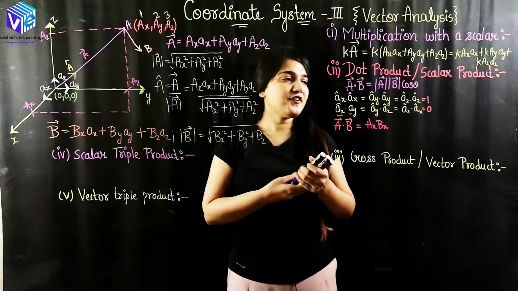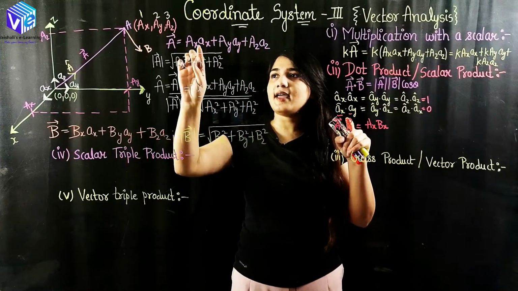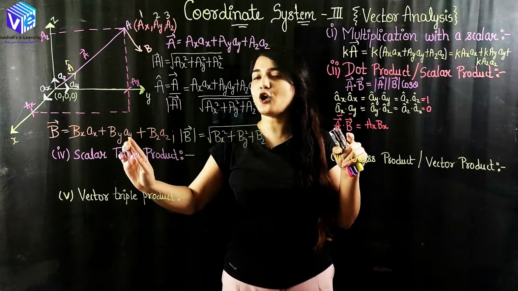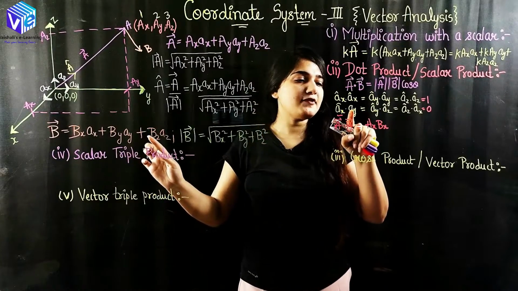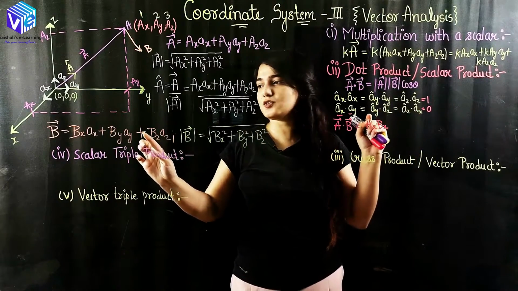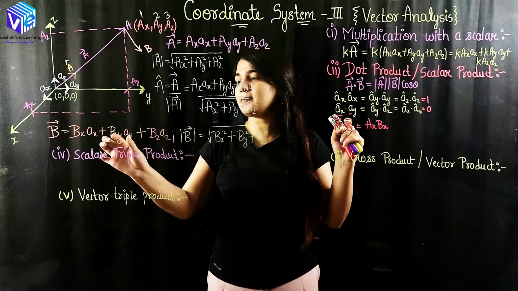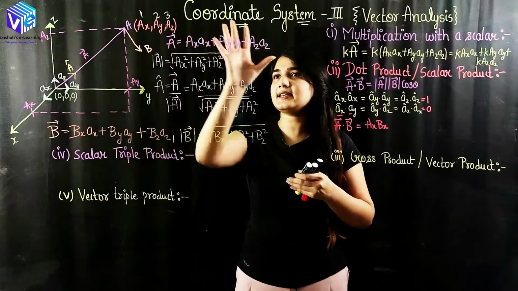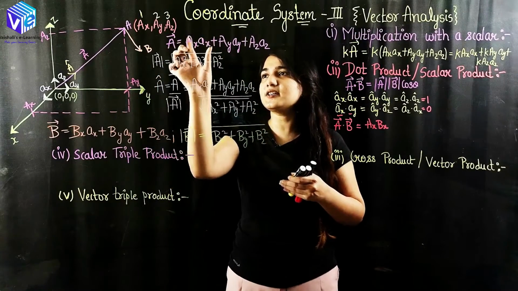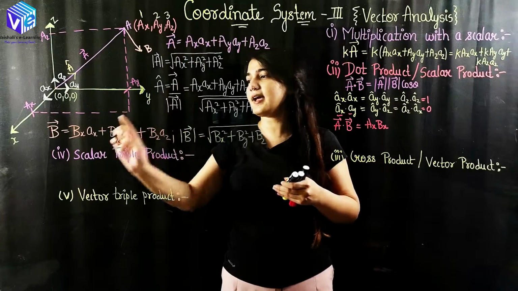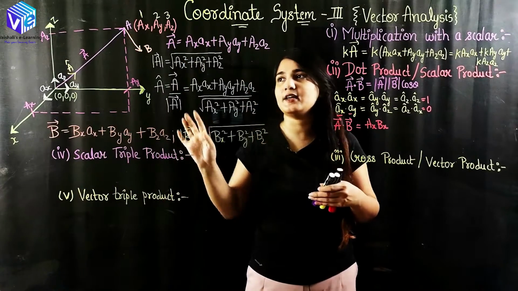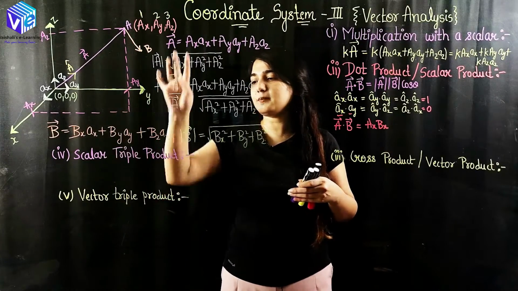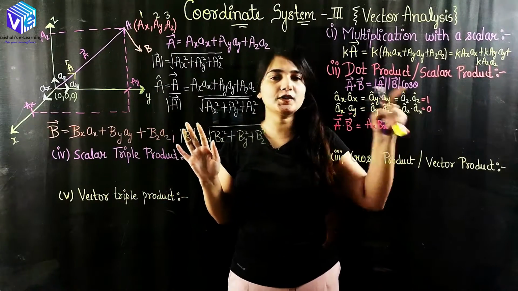Now if I talk about ax multiplied with by, here ax is having the dot product with ay. Ax having dot product with ay is equal to 0. So this multiplied with this will be 0. So if I have to multiply these terms with this term, I just restrict myself to the multiplication of ax with the bx coefficient only. Ax cannot be multiplied with by and bz. I hope you understood the reason now.